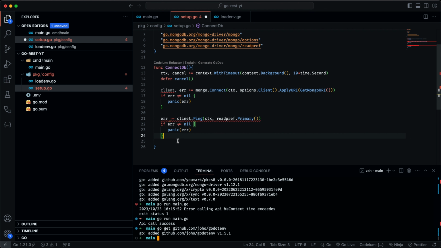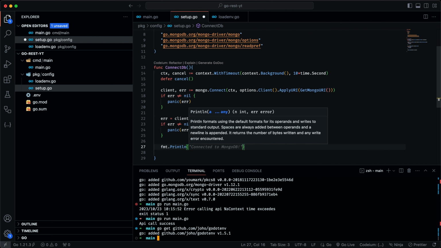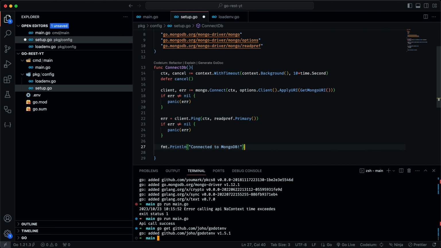Okay, so why am I getting an error? Okay, this should not be a walrus operator, and this should be client. Cool. So then I can say fmt. I'll just print to the console saying that the connection was successful. So connected to MongoDB. Cool. So now what we can do is